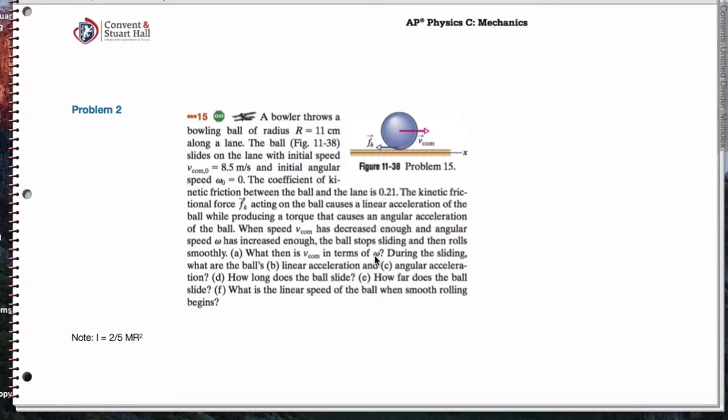So we have a rolling with slipping problem, and what that means is you have something that's rolling on the ground. Well, it's spinning on the ground and it can't seem to get some grip to get rolling. So it's spinning in place is how I would describe it. So to this end, let's just go ahead and get our problem set up. So for part A,